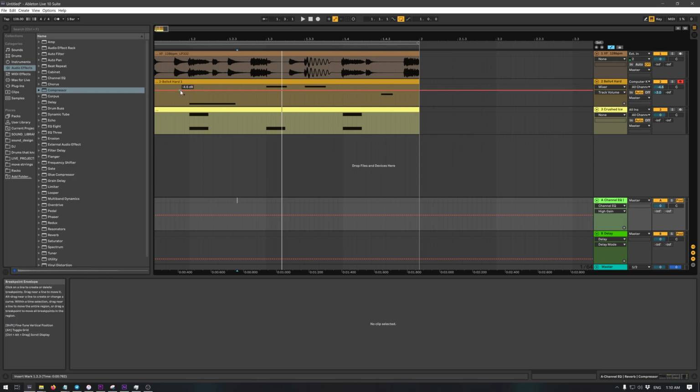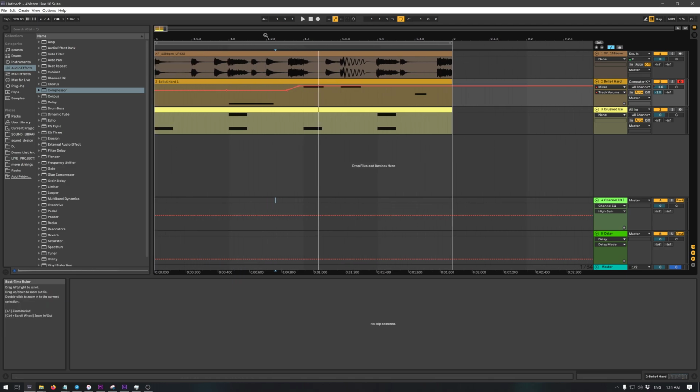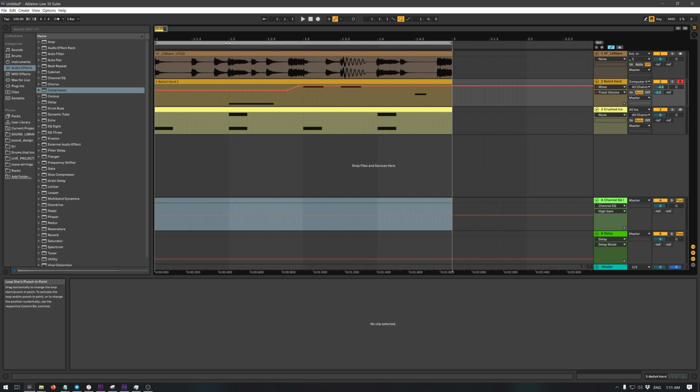So I'm gonna adjust the volume on the bells a little bit. So it starts out really quiet and then gets really loud. And to do that, you add little anchor points, and this little red line will appear, right? And then you add all these little anchor points where you want the fader to move. So for instance, I'm just gonna blast it because that's what I'll do. So right now I have it starting at -4.6 and then it goes up to +3.6. Don't actually do this, but for instance,